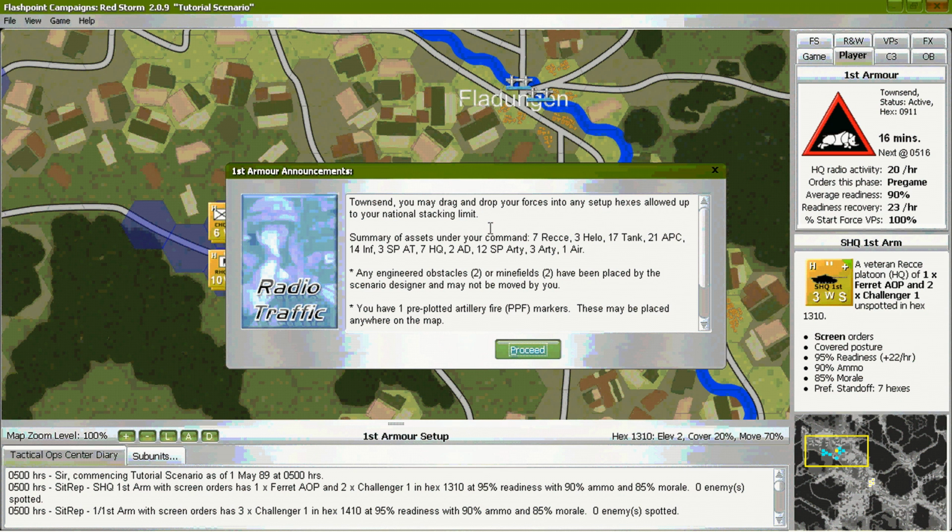And we are reminded that we can resubordinate units by dragging and dropping their names in the order of battle tree. Hit Proceed to continue or wait until the dialogue closes on its own.